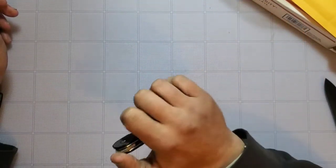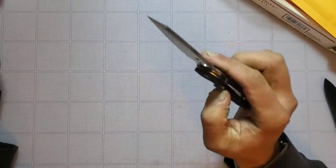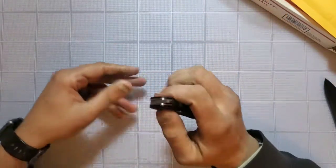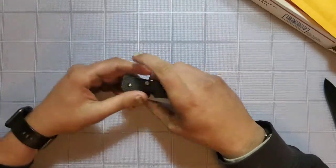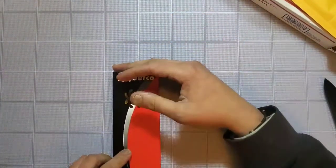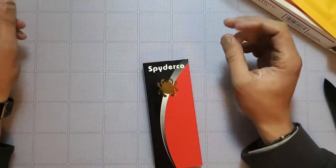So I got this, and I had no intentions of picking one up, and this will probably be a catch and release for me after the review as well. But unless I fall in love with it like I do every other knife and then have a problem, maybe we'll keep it for a while. I got a problem. But this is the reason that I got that, because I kind of asked him for a package deal. I was like, you know, I'll get two knives off you. I got it off of the Reddit